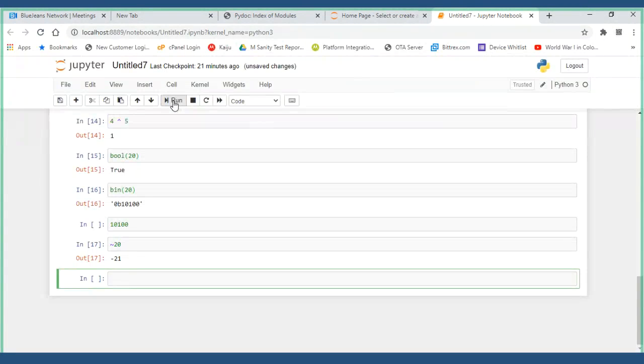Negation is nothing but bitwise complement.